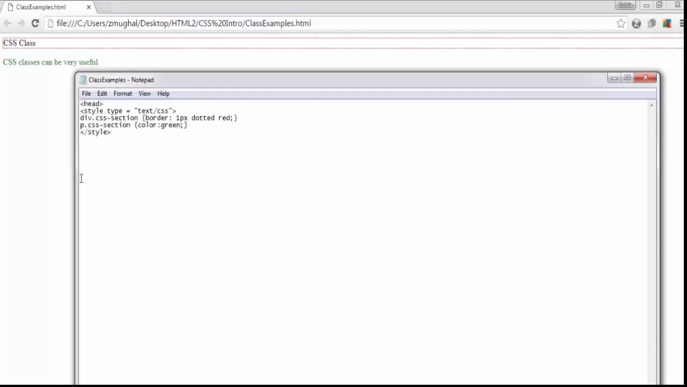Okay, this is one way of implementing classes. Close the head tag. Clear? Now I'm going to add another space here to differentiate. Open the body tag, and within the body tag write div, that's the element of HTML, class is equal to CSS section,